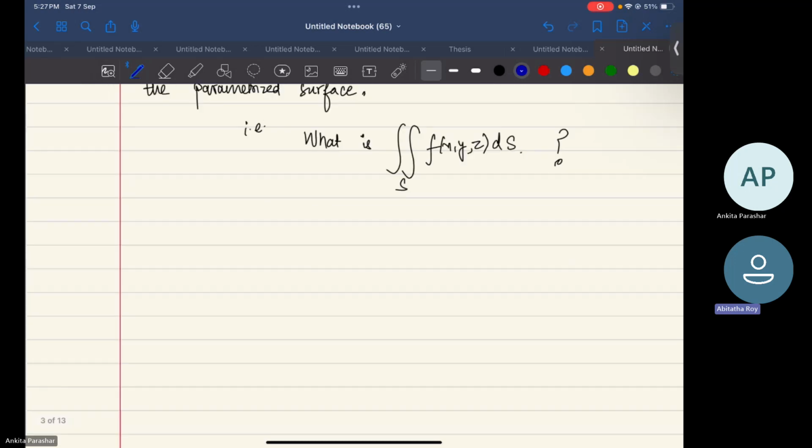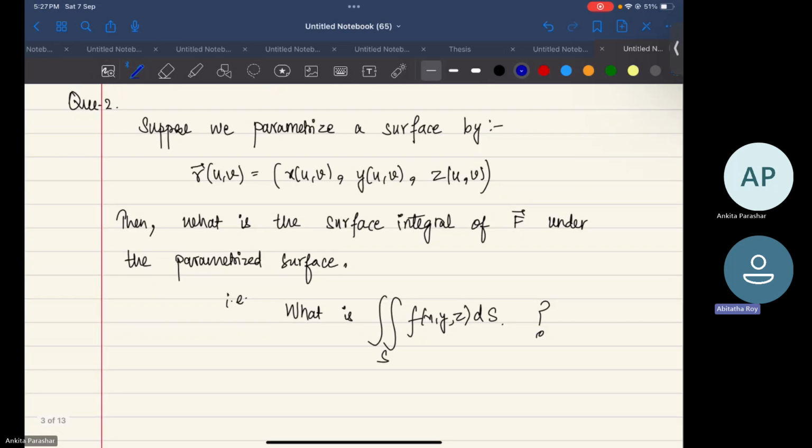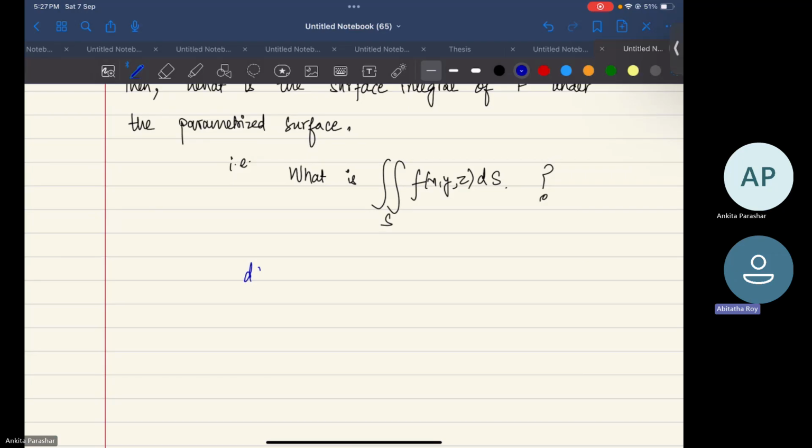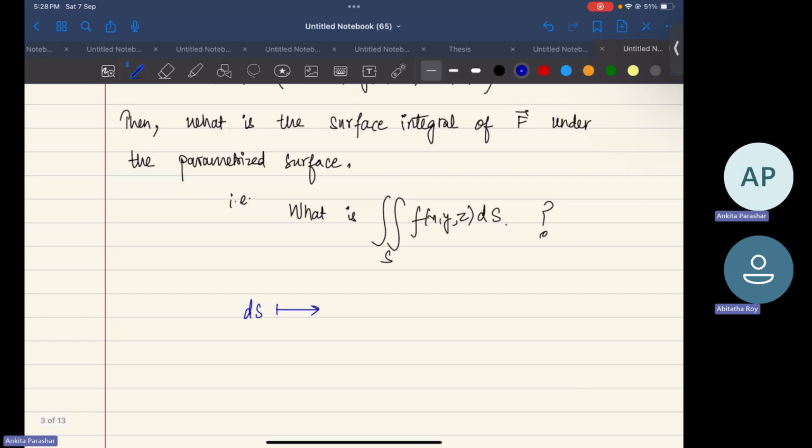ds could be replaced by the square root of 1 plus del f del x whole square plus del f del y whole square, whole multiplied by dx dy. Can you repeat? ds would change by the square root of